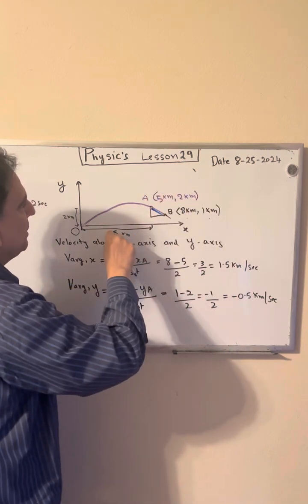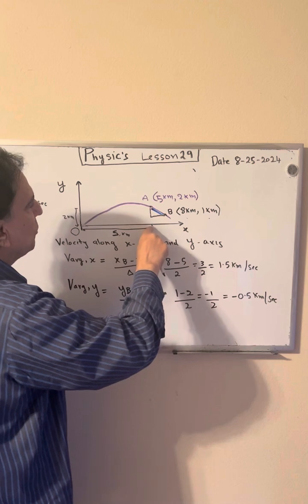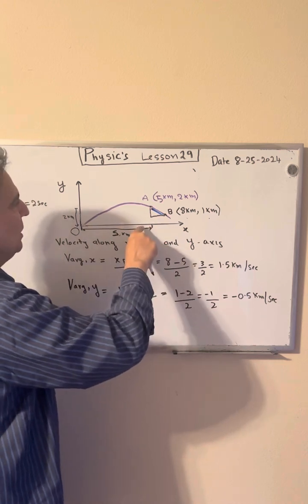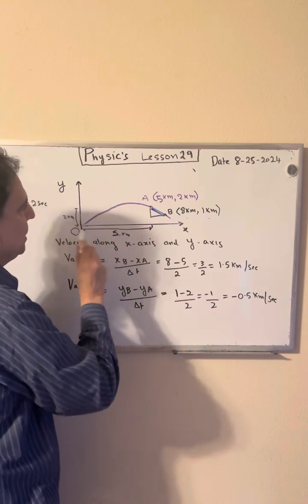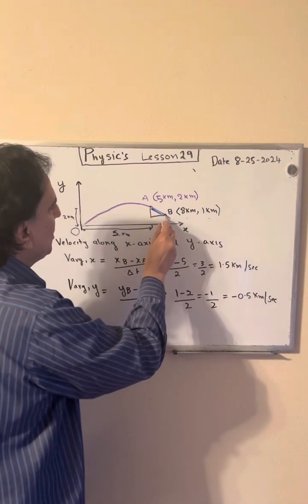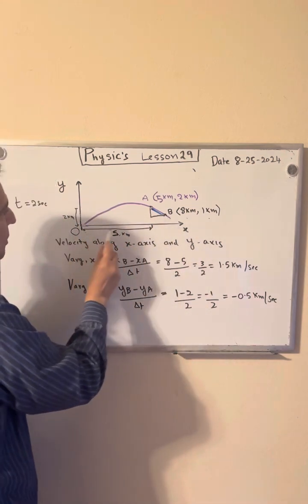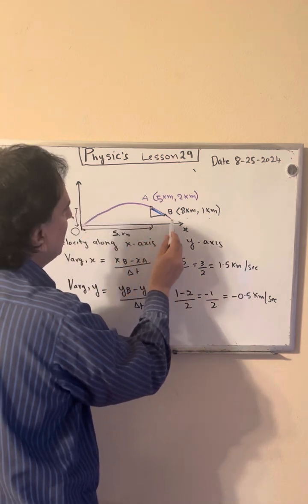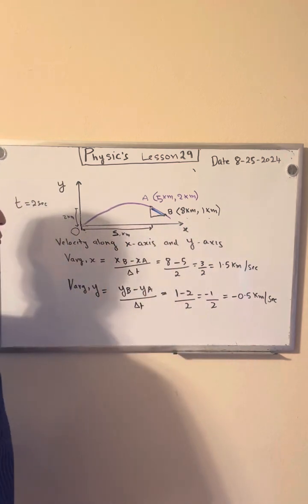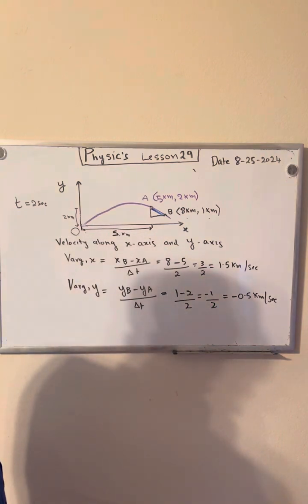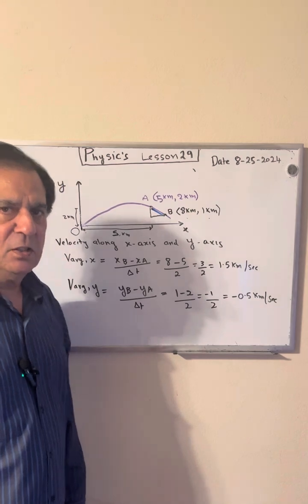5 kilometers going this way. Actually, yeah, 5 kilometers going this way on x-axis, and then 2 kilometers on y-axis. Okay, and then we have B coordinate also, which is 8 kilometers away on the x-axis and 1 kilometer in the y direction. So then we said, okay, let's go ahead and see if we can find velocity along x-axis and